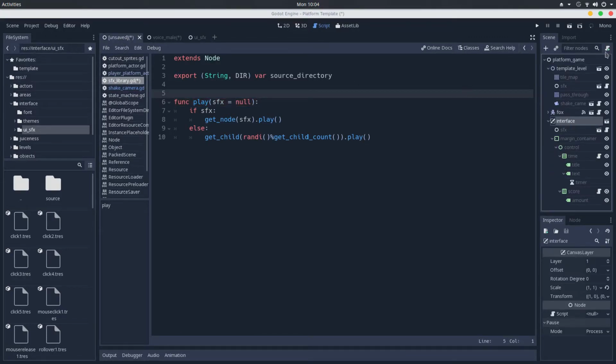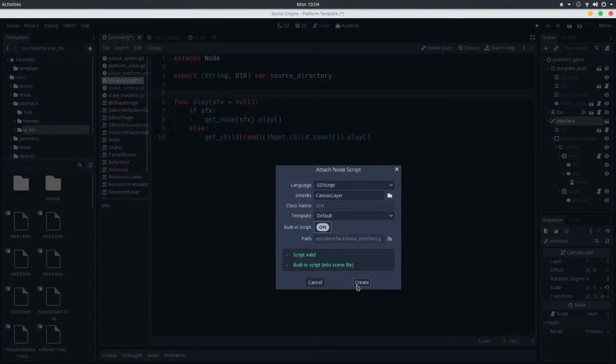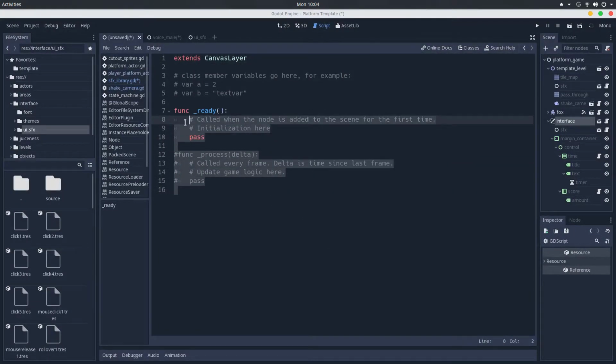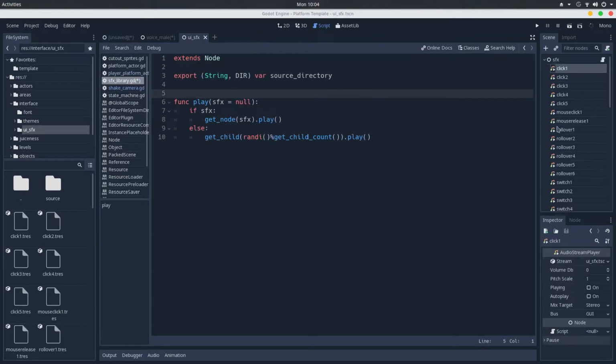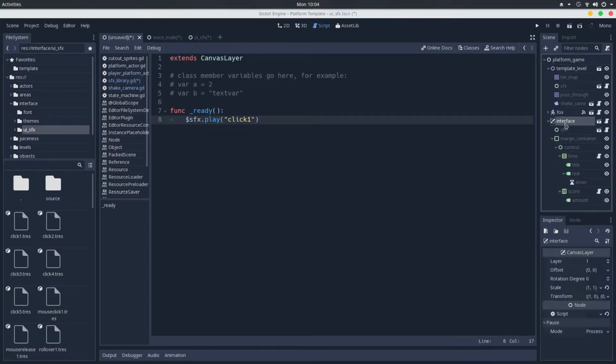You can add a script, so I will make a built-in script here, and whenever the player clicks on something, you can play click 1, for instance. You go to the sound effect, play click 1, and it will play this sound effect here. So this is how you can use this. Let me get rid of this,